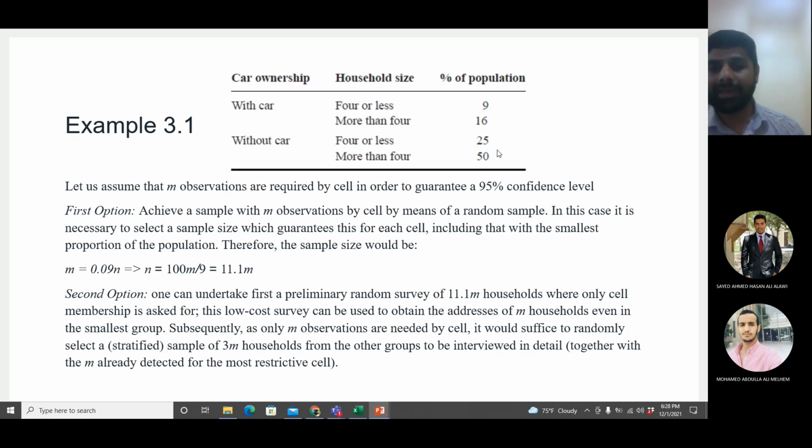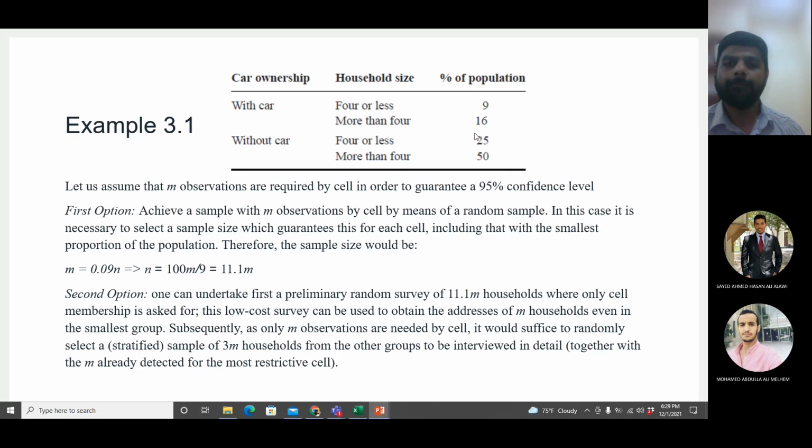So whatever samples you are collecting, for example, if you collect 100 samples randomly, then 9 of those samples will be from here, 16 from here, 25 from here, and 50 from here. So if m equals the lowest category, then in the remaining categories you have more samples. If m equals 9, the remaining categories have more than 9. If m equals 20, the remaining categories will have more than 20. So if I can ensure enough samples in the first category, the remaining 3 categories will automatically have more than that.